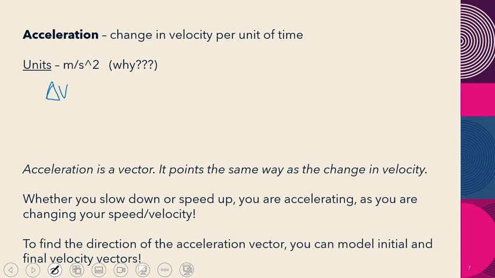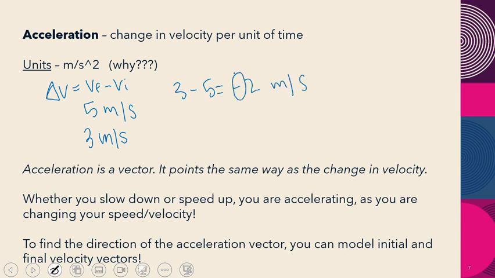What does this mean? Well, say we have Bob, and he's running 5 meters per second to the right, which is the positive direction. Then he slows down to run 3 meters per second to the right. Well, by how much did Bob's velocity change? You might be tempted to say 2 meters per second, but the change in velocity is actually the final velocity minus the initial. So that would be, in this case, 3 meters per second minus 5 meters per second, which is -2 meters per second. Since the change in velocity is negative, that means acceleration is also negative, and it points to the left